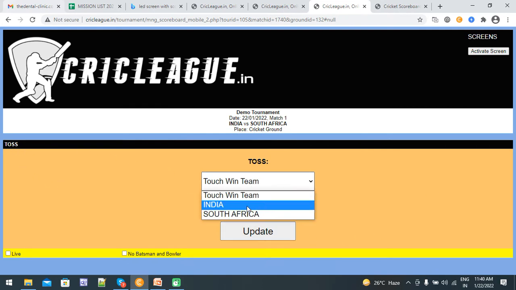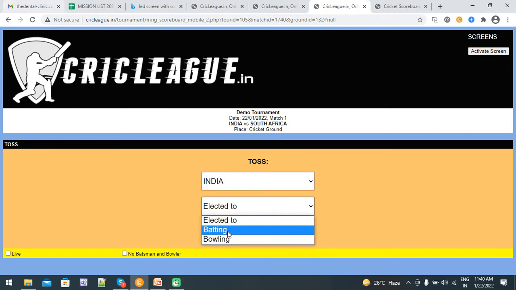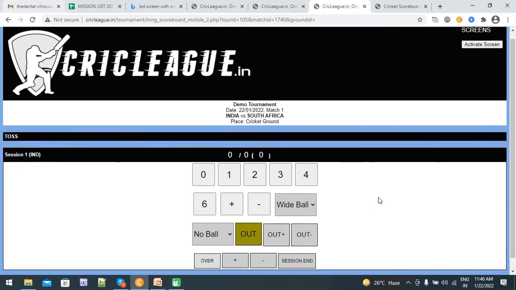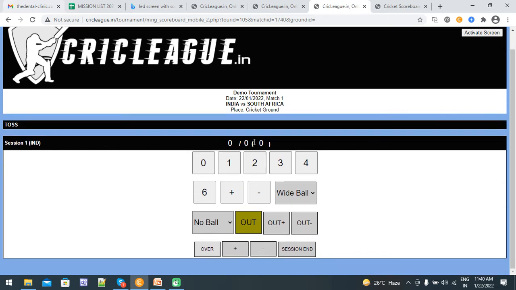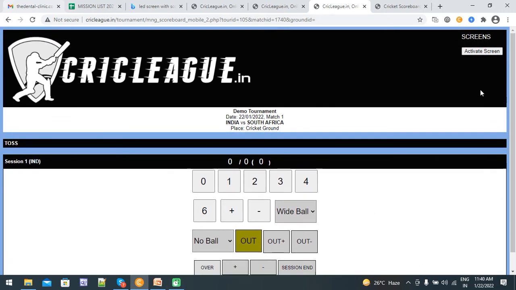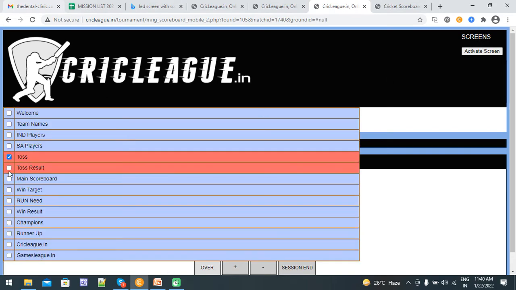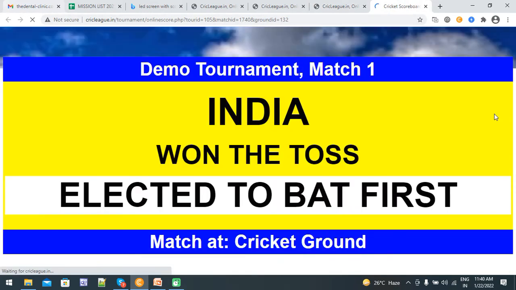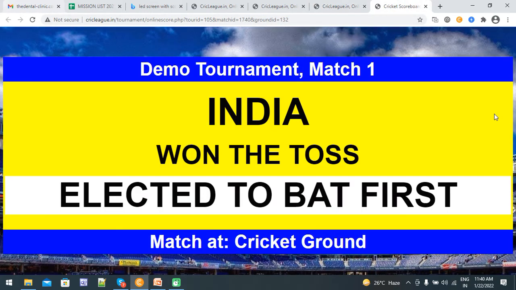Suppose India won the match and elected to bat, so click on update. Once you click on update, the scoring screen will come. Again, you go to the screens, choose the toss result and click on the screen, so it will go away. You can see the toss result is coming on the big screen, so everybody can know who won the toss